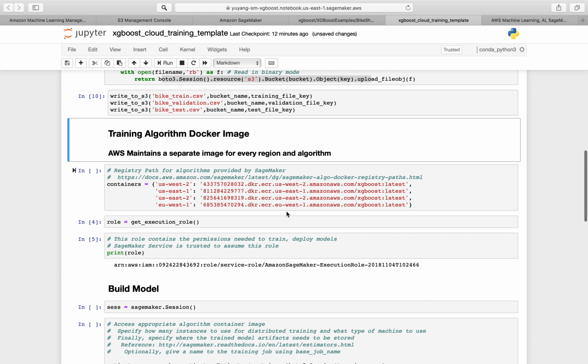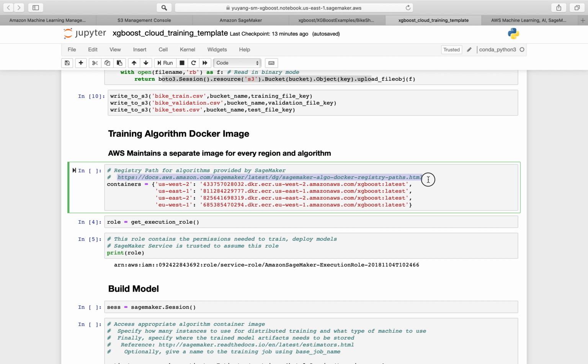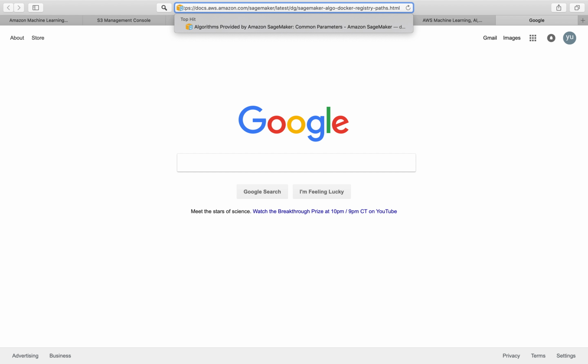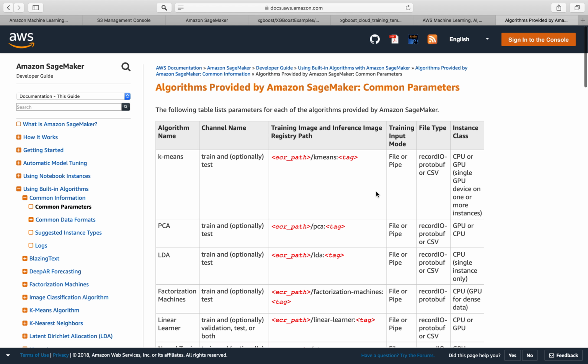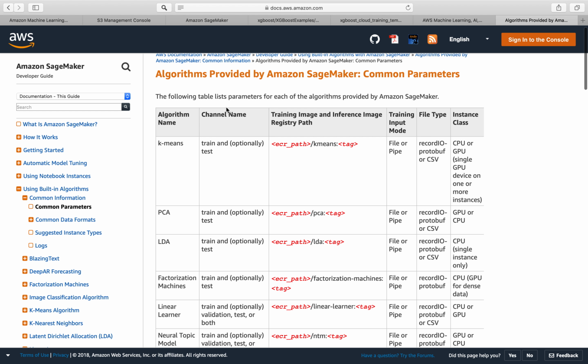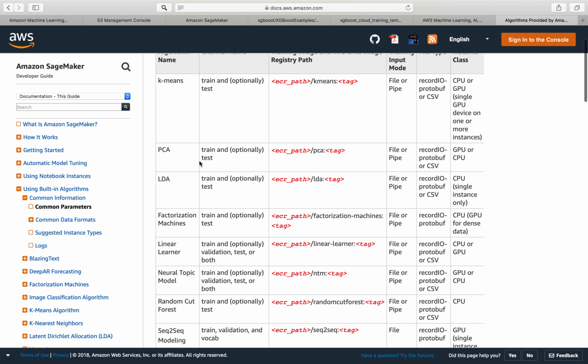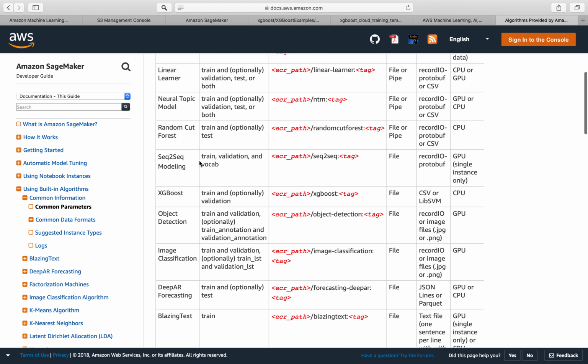Then retraining algorithms use a Docker image. AWS maintains a separate image for every region and algorithm. For example, let's go to this website. This is all the algorithms supported by AWS. For example, K-means, PCA, LDA, and